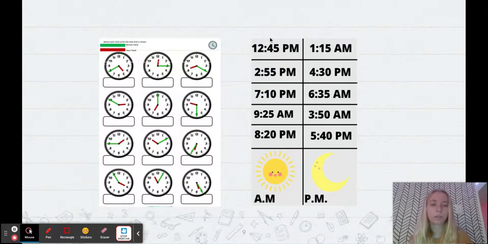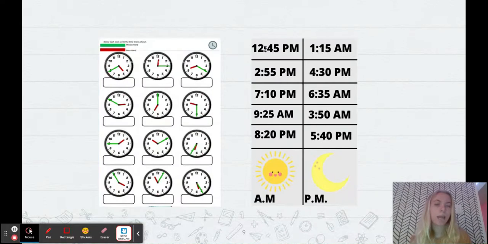And then this is an example of group work that can be done for this lesson. Before completing this worksheet, students can be put into groups, and these times can be put onto index cards and put in the middle of the table. Each student would take a turn picking the index card, and the whole group would turn their clock manipulative to